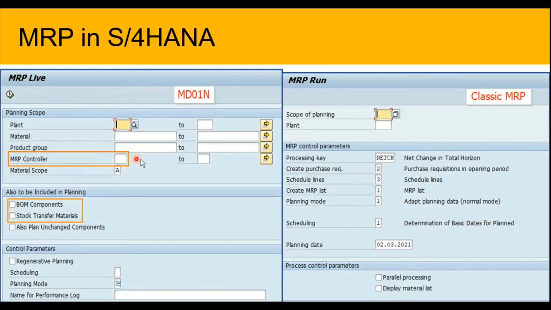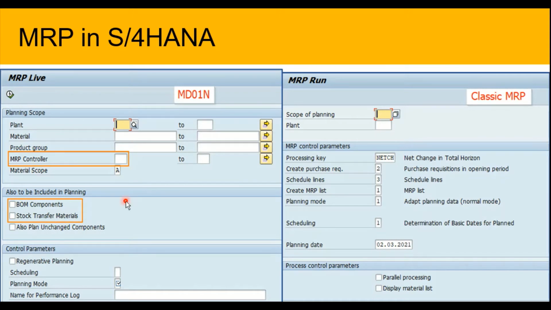We don't have this feasibility in the classic MRP, where we have only the option to execute the MRP at the plant level using a scope of planning, or directly at the MRP area level as well in case of MD02, I mean to say the single item multi-level planning.